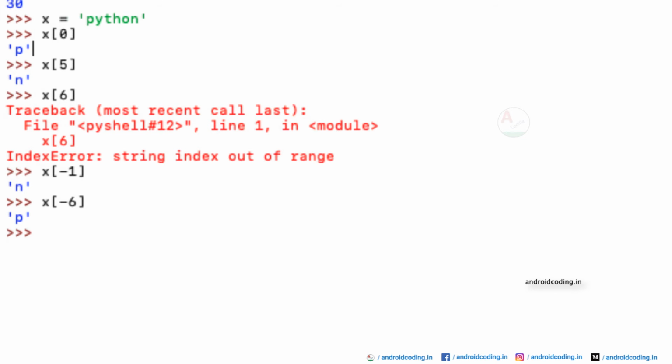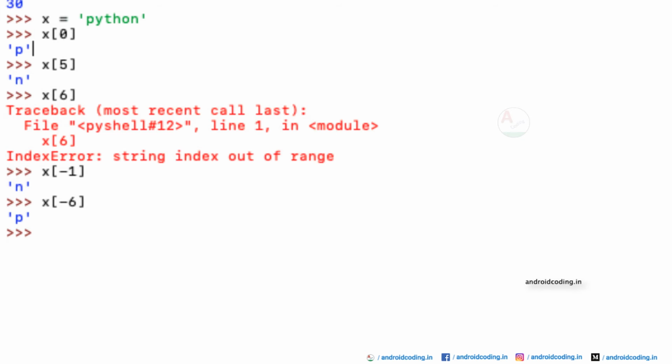So when you go further, when you are trying to use list in Python, this index concept is very much useful, because in a list there will be a number of strings. For example, there you might be having 100 strings, and when you try to print them, based on the index value, the list is being populated and printed.